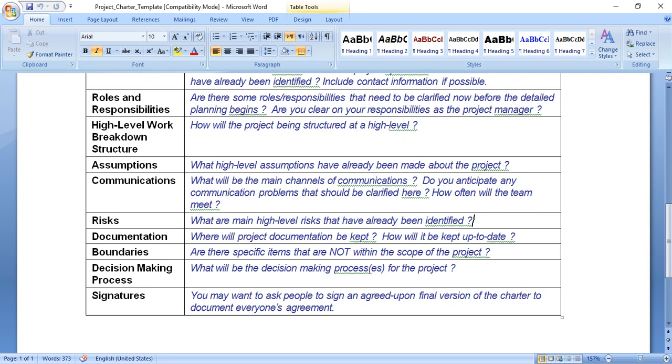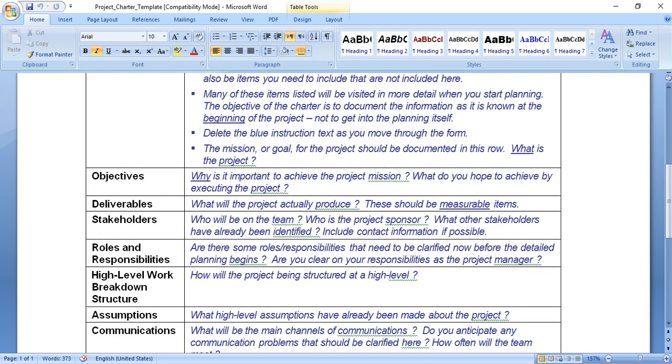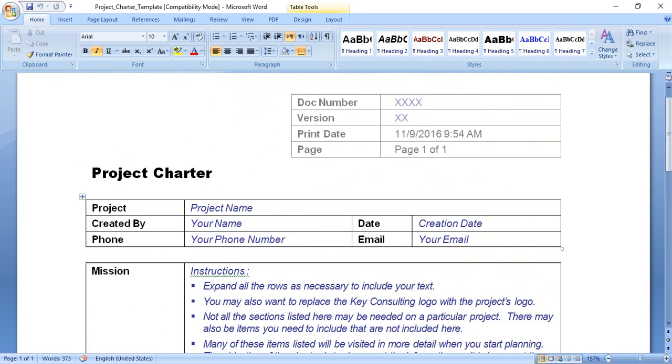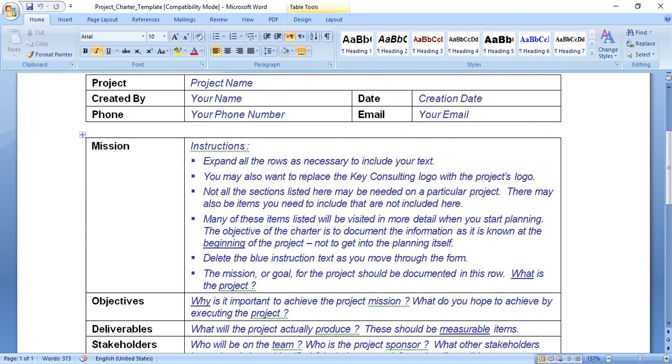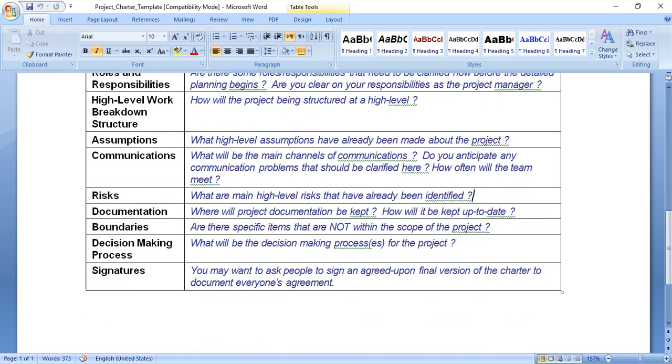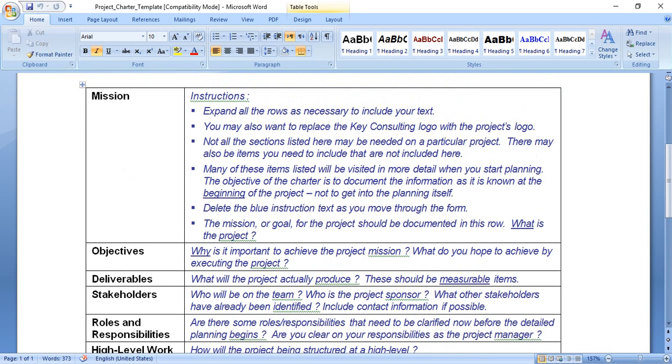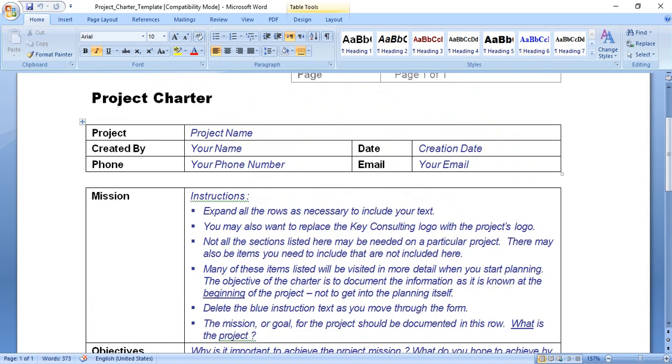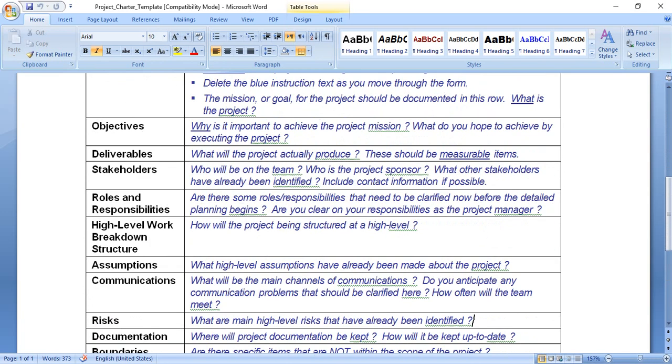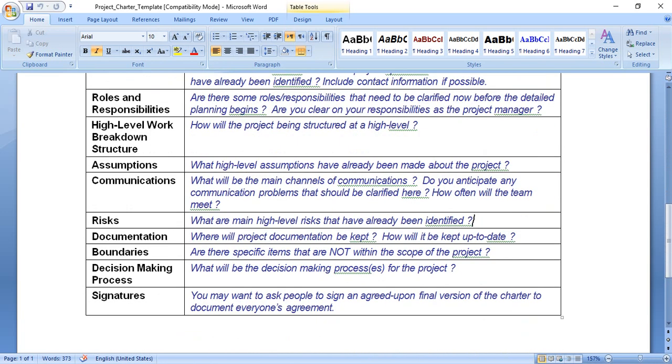At this point, our part on the project charter will end. I hope you know the sections of the project charter and how to fill in each point, and you understand the meaning of each point.